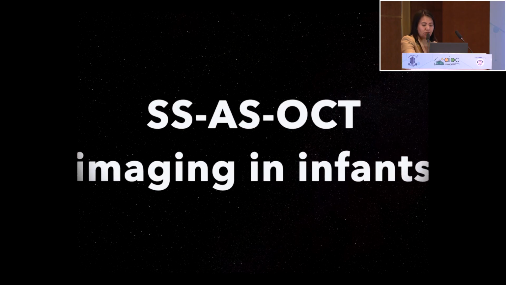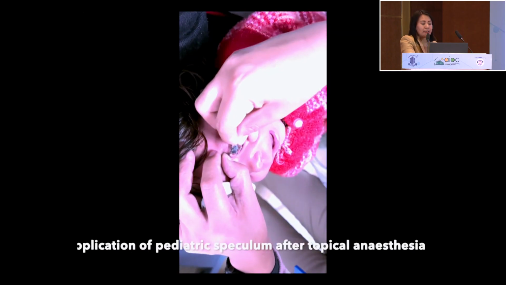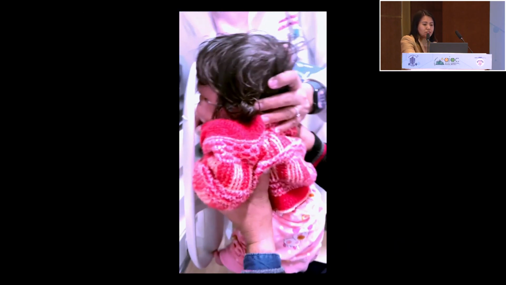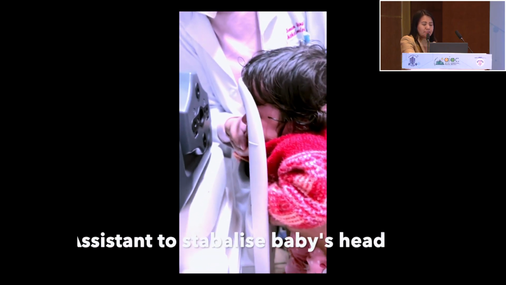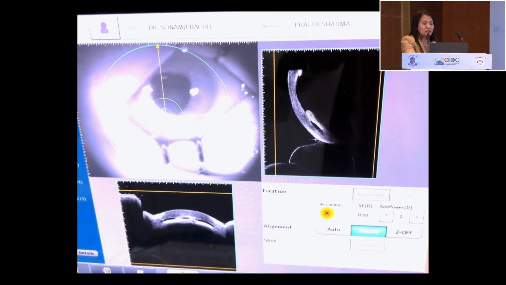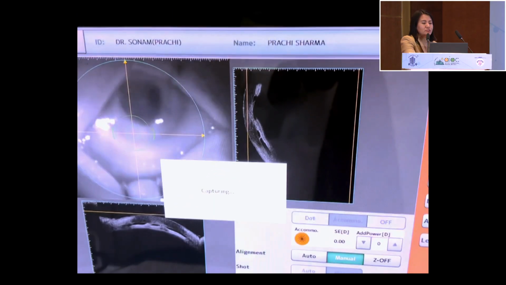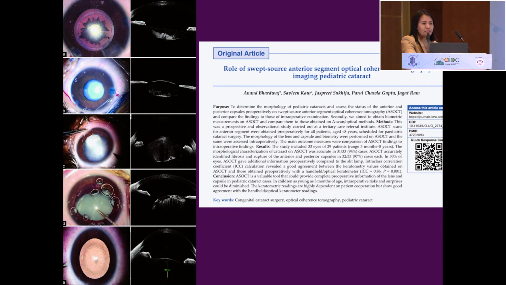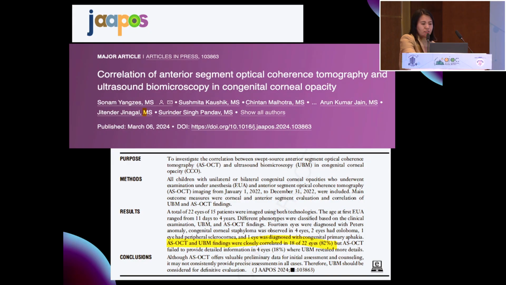In our department, we routinely use it for babies. Being a very rapid technology, and using the flying baby technique, we can actually image the corneas of the babies, as the incidental fixation is more than enough for this machine to take images, and we can get beautiful images in babies as well in the pre-operative period. This is the departmental publication showing the various morphology of congenital cataracts that can be visualized, and it gives the surgeon more time and also an idea to decide the kind of surgery they want to go ahead with,